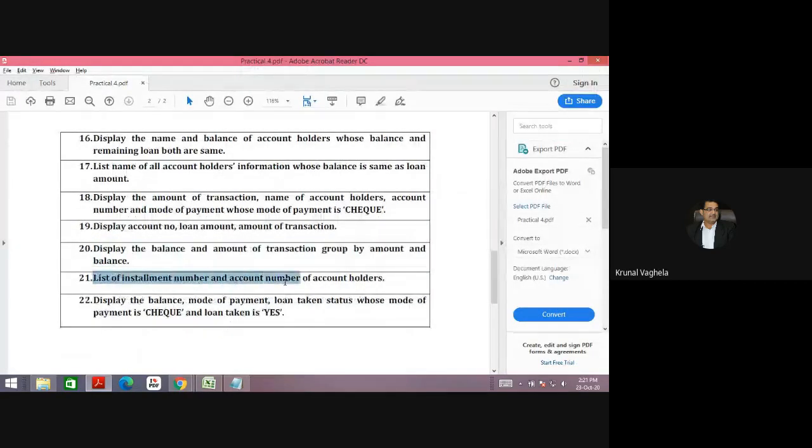List of installment number and account number of account holders. This is again simple.